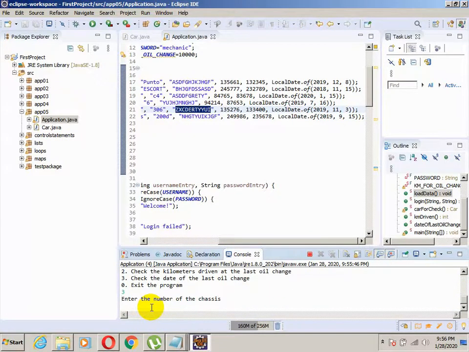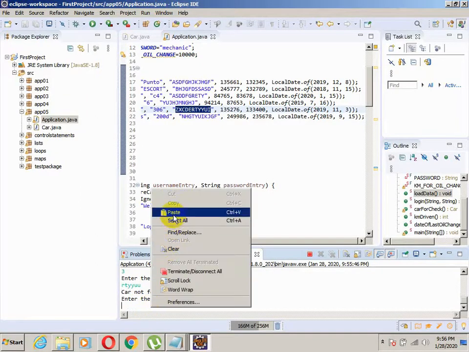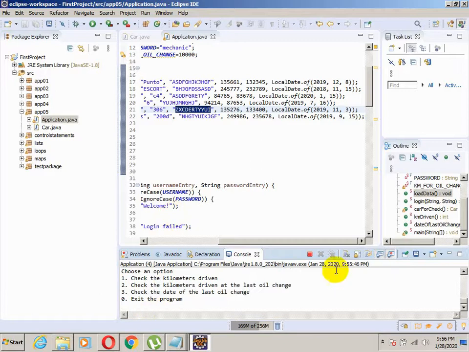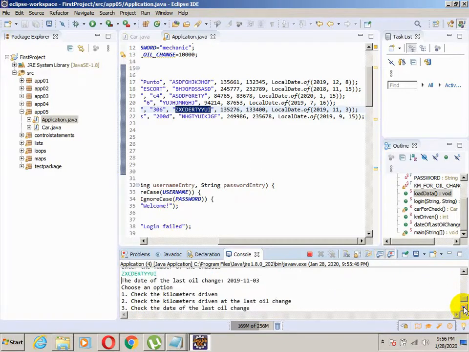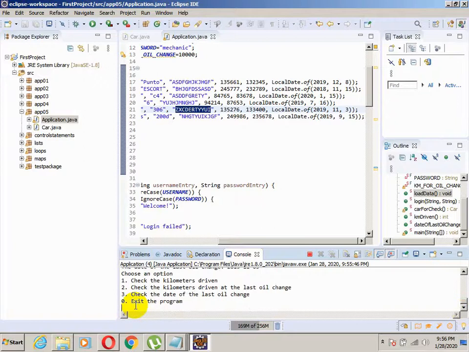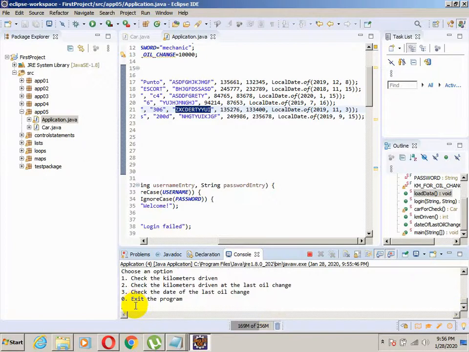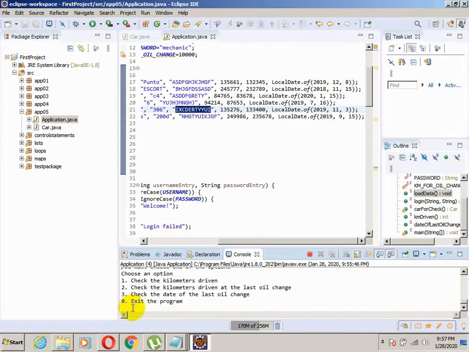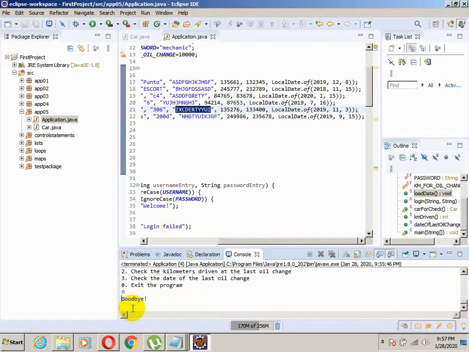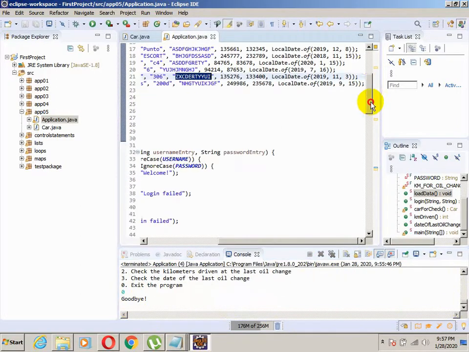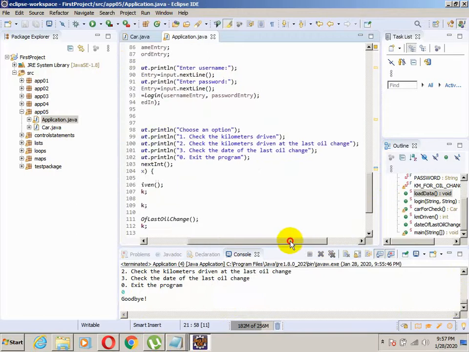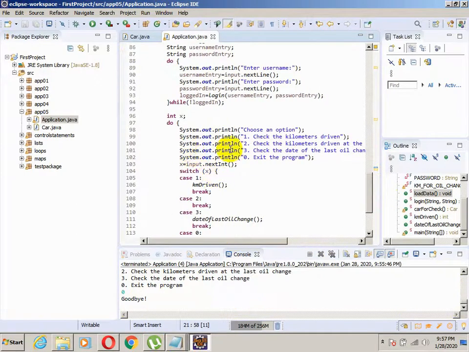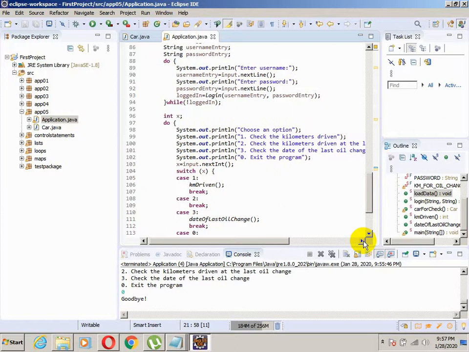If we don't find a car. Okay, car not found, and let's try again. Okay, that should be fine, and we only need to close the application. You must choose one of the options. Okay, it worked perfectly fine, and let me just press 0. Okay, goodbye. The application works perfectly, but in order to finish our application, we have left only this second application, but we